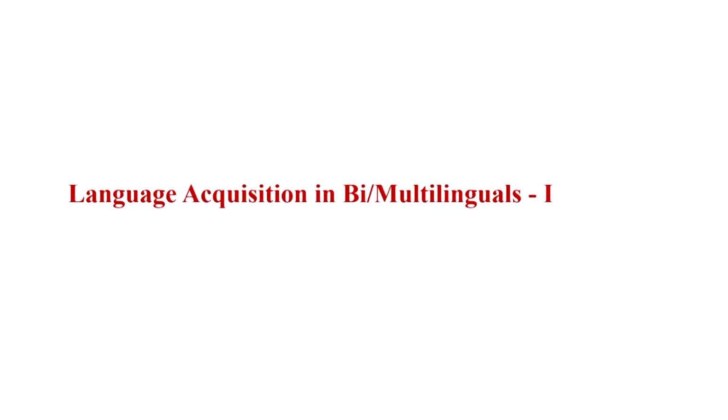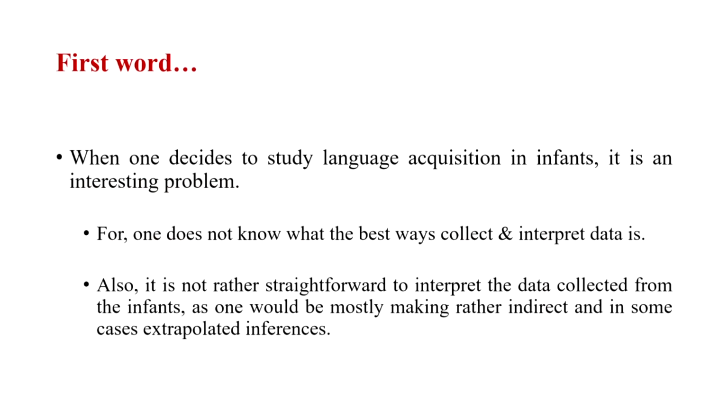In today's lecture, I am going to talk mainly about the methods that have been used to understand these things. Let us begin with the fact that when we are dealing with very young children who are not able to respond to us, it is different from conducting an experiment with 18-year-olds or 40-year-olds. If I give them a task, they will be able to respond. If I ask them to press a key, they can press a key. If I ask them to name a word, they can name a word, and I have ways of inferring from that response. If I have asked you to name apple in English, you name apple.